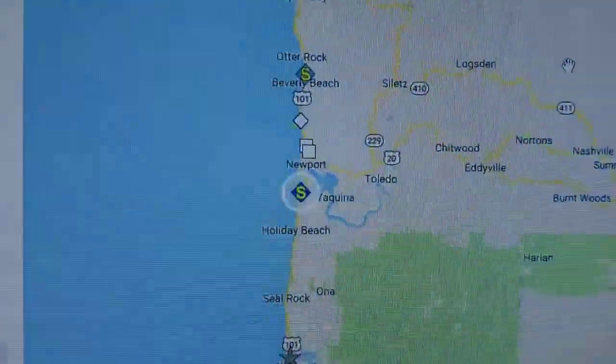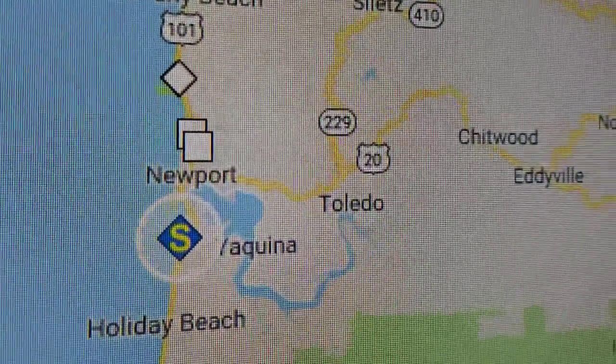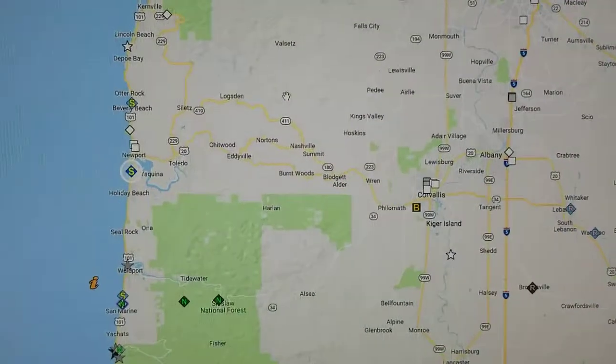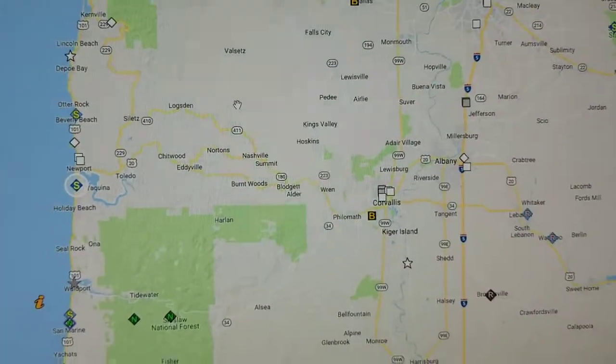Econito here. I am at South Beach State Park Campground near Newport, Oregon. And so this is a government-run campground. I have a